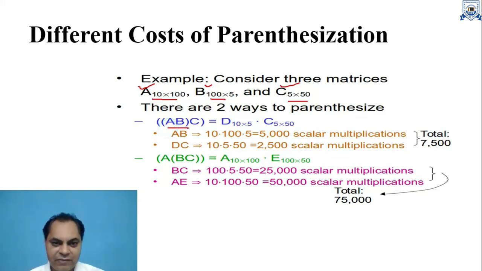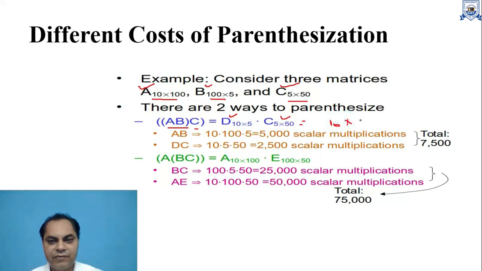First of all, we multiply A with B, and whatever we get we multiply with C. Now if we multiply A and B, let's say we get a matrix D. Matrix D would have dimension 10 into 5, and again we multiply it with C, then we get the final solution, and the final solution dimension would be 10 into